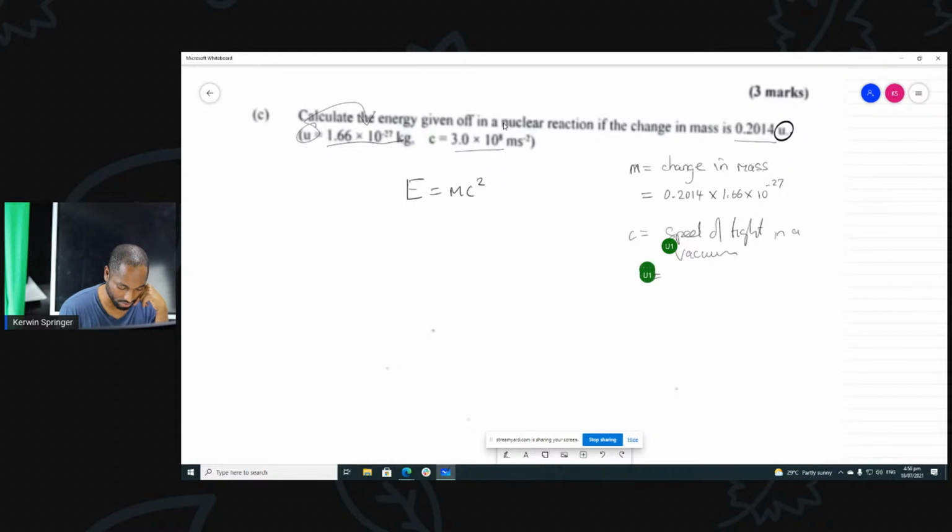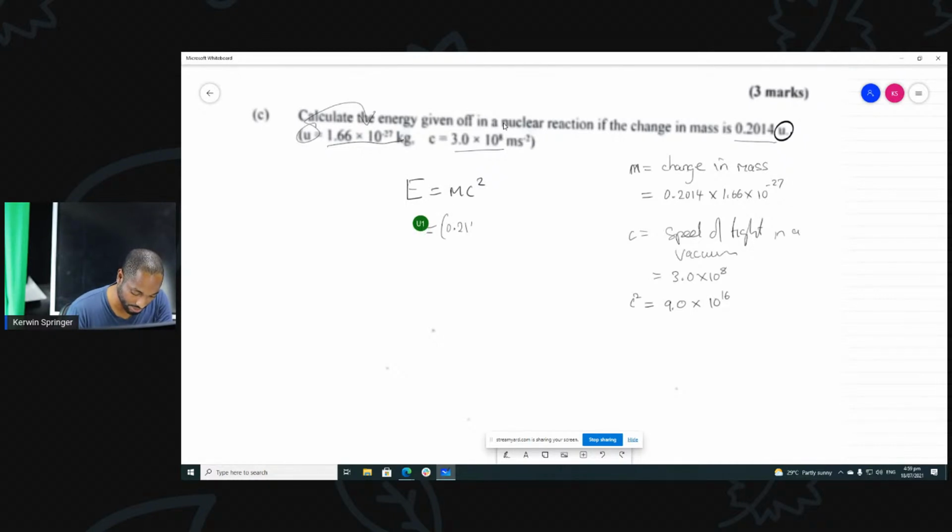So this is equal to 3.0 times 10 to the power of 8. So c squared is 9.0 times 10 to the power of 16, right? Agreed? So you just substitute to go, and we'll have